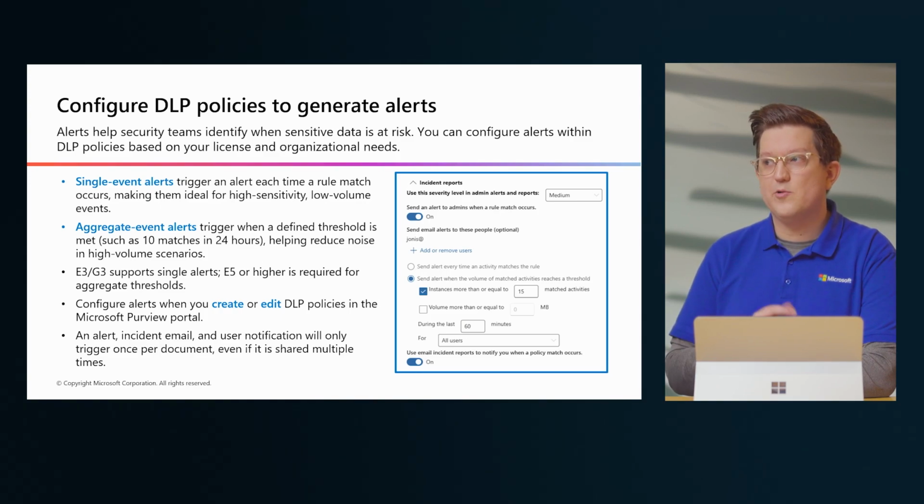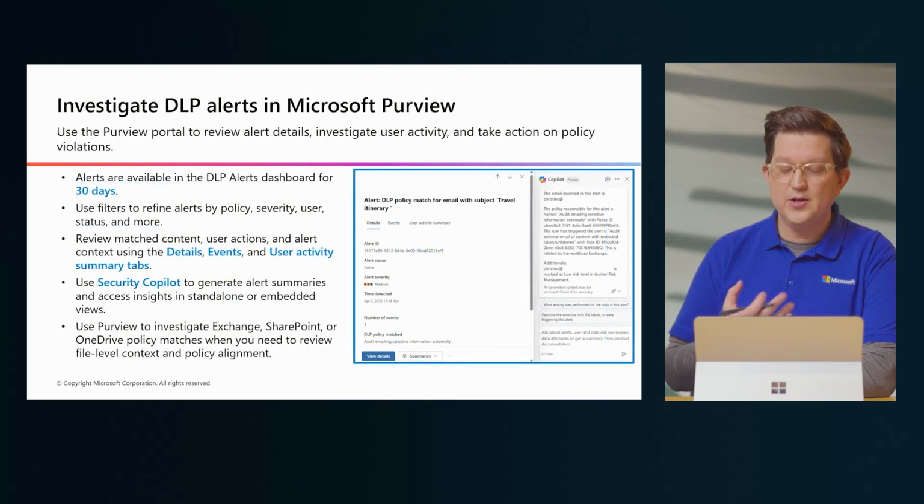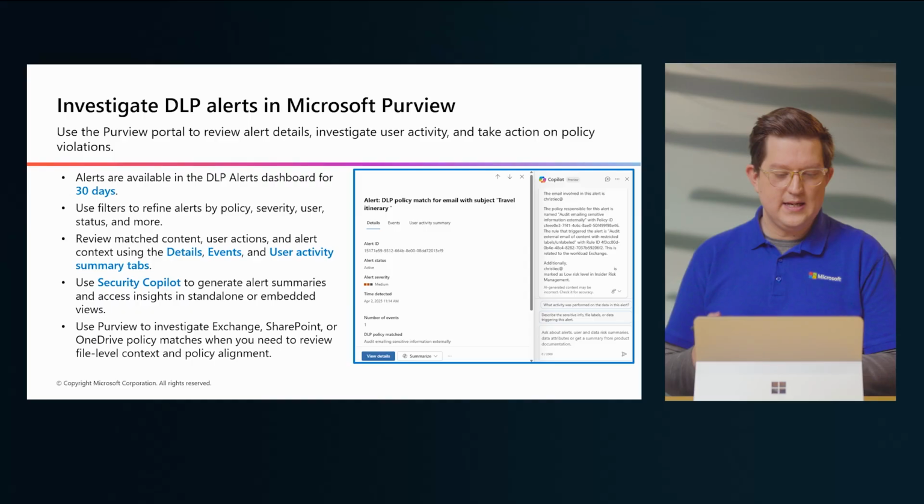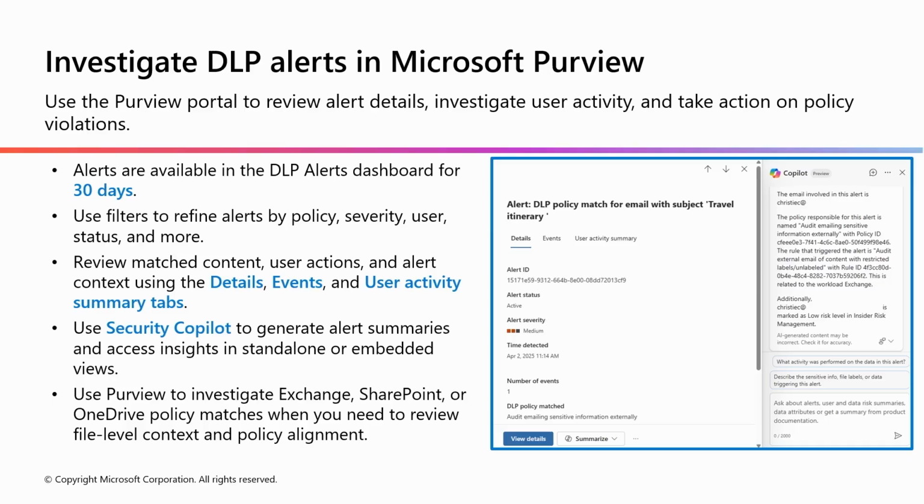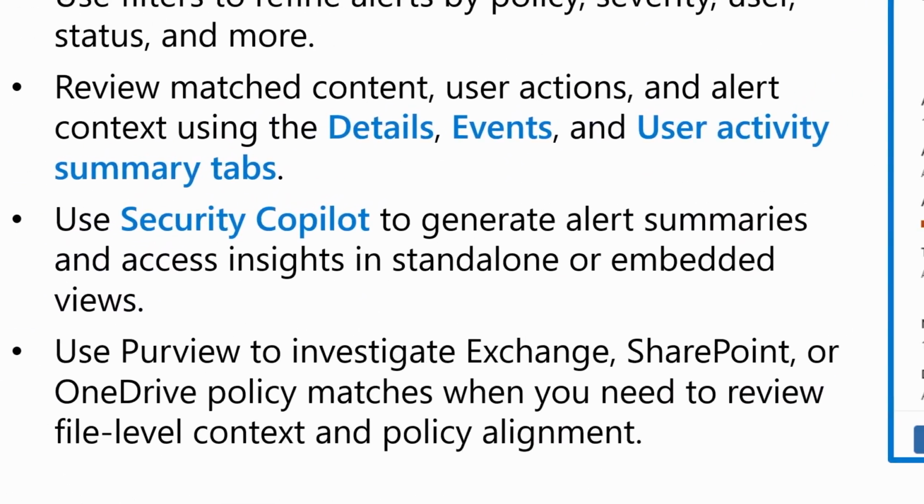And once we've got this tuned out, or at the very least as we start tuning things, alerts will now start flowing in. What you're seeing here is a basic DLP alert. And on the right-hand side, we also have the Copilot investigation pane. Security Copilot can generate alert summaries to give you better context around the metadata to understand how an alert actually occurred. There's a number of different tabs within it, details being the first one showing things like user, action, etc. Events and user activity are contained within it, and of course, we need to know the match context. Why did this actually show up in the first place? So we go through, we view the match content,